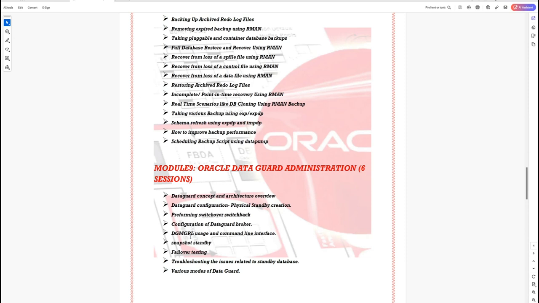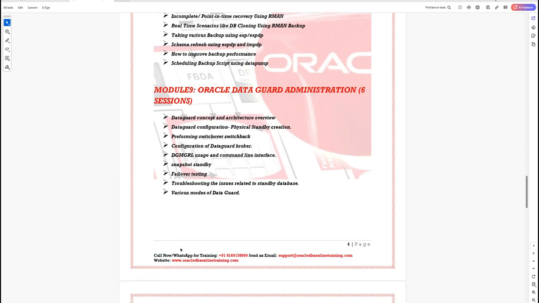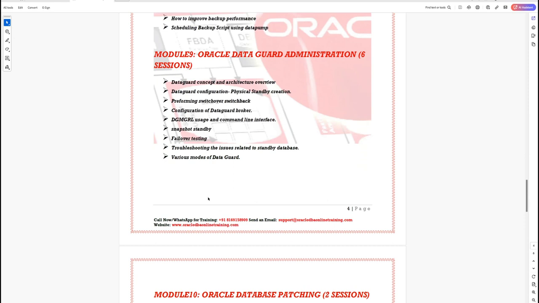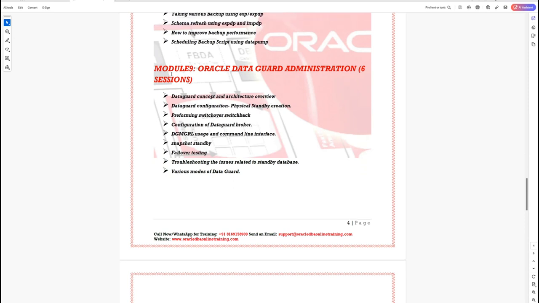Then you'll also learn how to perform switchover and failover, how to troubleshoot standby database related issues, and the various modes of Data Guard. Along with this, you'll also learn how to manage the standby database using the Data Guard broker. These modules will provide the complete detail about Oracle Data Guard administration.